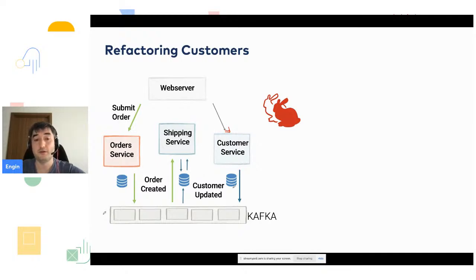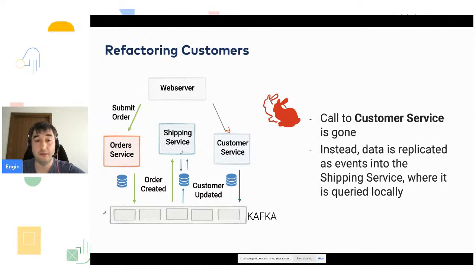What will happen is, if there's a new update, when the customer is updated, it will be synced using Kafka with the connectors into the internal shipping service user database. And the user database doesn't need to know all this information, maybe only the required address information, and you don't need to share the social security number with the shipping service. It will help you to mask some of the data that you don't want to share with different domains, and it will be helpful for security too. So what we did here is the customer service call is gone,